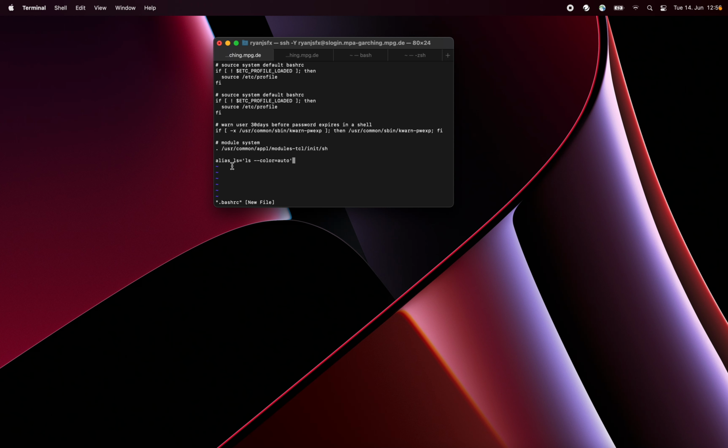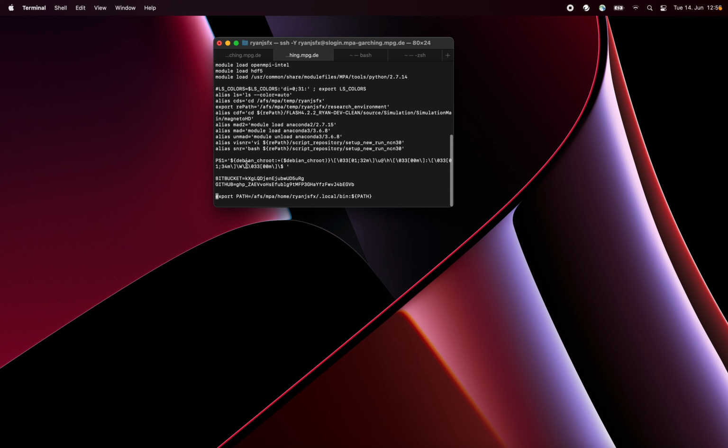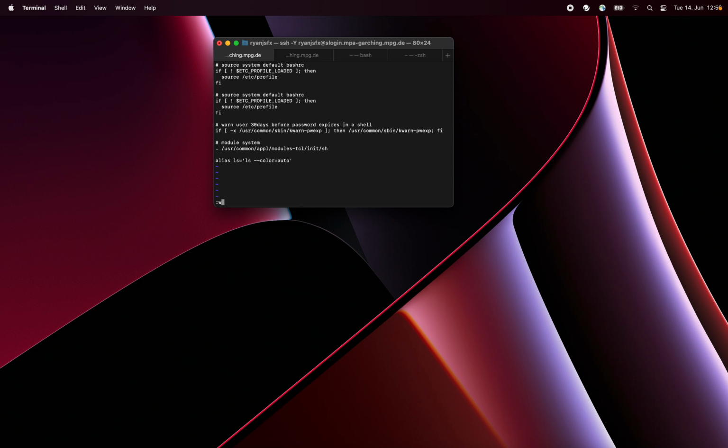So this is saying we're aliasing ls. So whenever someone types the ls command, automatically include the option --color=auto. And the rest of this stuff, so PS1, I definitely want to include as well. But we'll just start with that. And so if I save this,